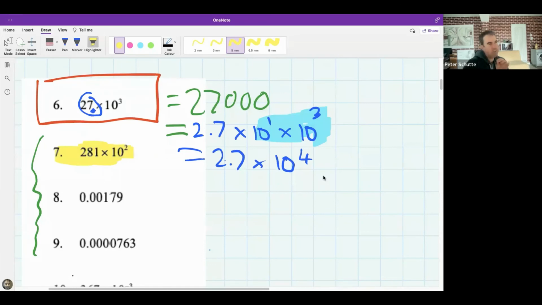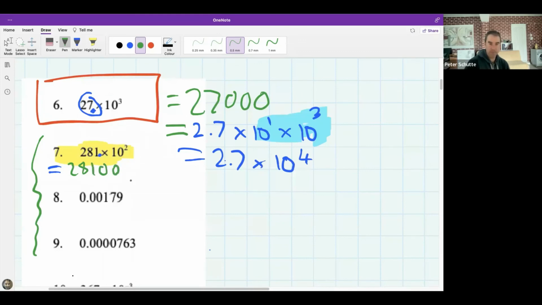You just have to think, what is the process we used last time? And then you can write it as 28,100 normal, but if you think about it, you don't even have to do that, but you can do it as an intermediate step. But what I'm really interested in is, where is the decimal point? And it's hiding over here. So if you want, you can write out the full number, but remember, guys, in this question, what I'm after